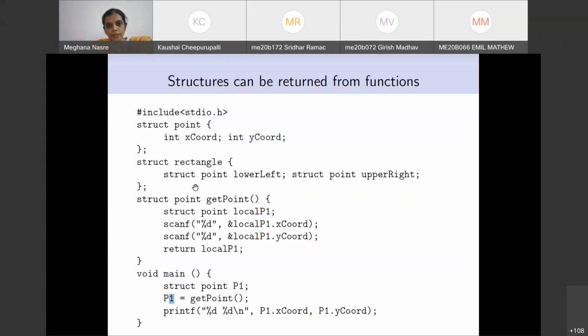Let's say there was some compute square: you are given an integer and you are computing the square of it. Just for the sake of it, you say int y is equal to x into x and then return y.